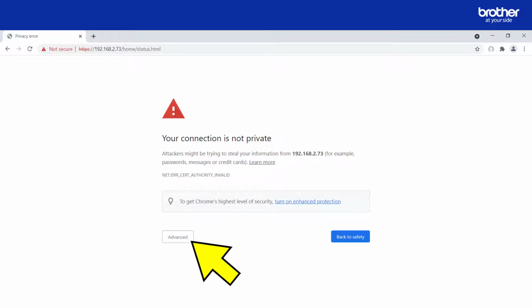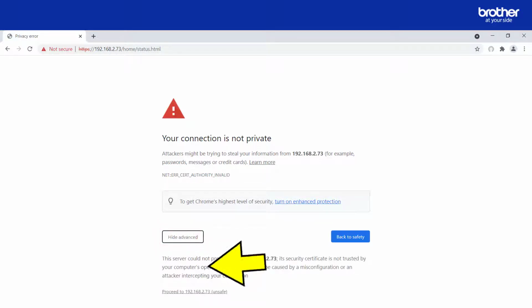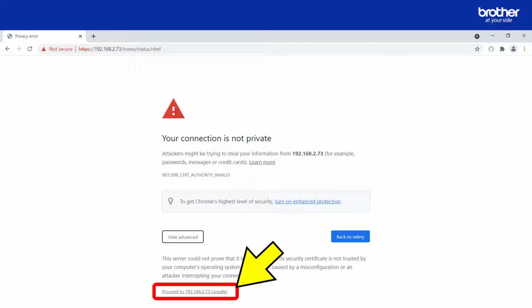If it does, find and click the button or link similar to this one. This will reveal another button or link that you will need to click in order to continue. Despite any surrounding warning messages encouraging you not to continue, clicking it to access a Brother device is completely safe.